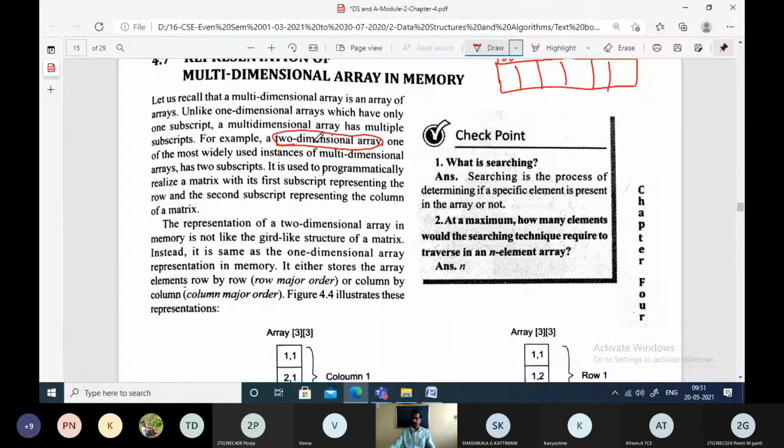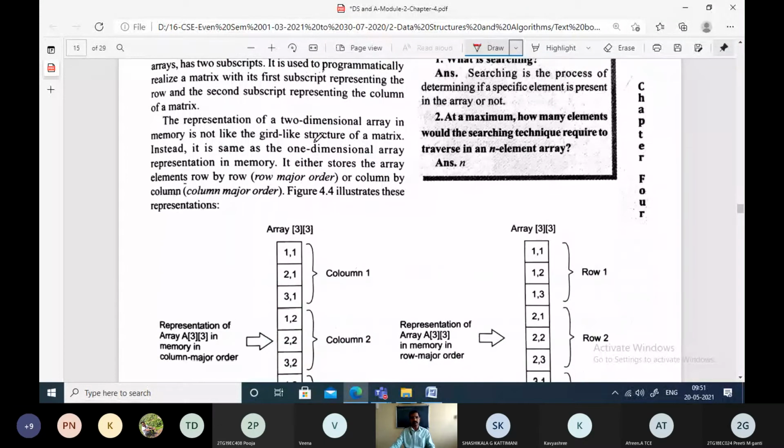So to represent two-dimensional arrays, that is nothing but a matrix-like structure. A two-dimensional array is nothing but a matrix which contains certain rows and some columns. In fact, two-dimensional arrays are also stored in memory in a linear fashion only. But for our understanding purpose, we consider them in the form of rows and columns.